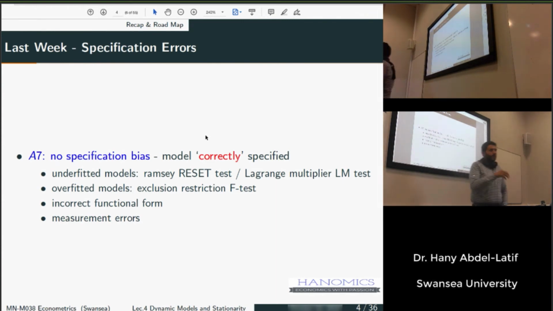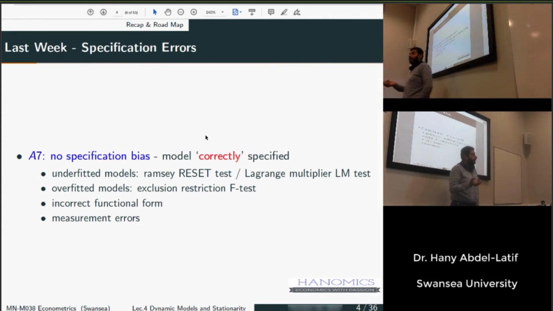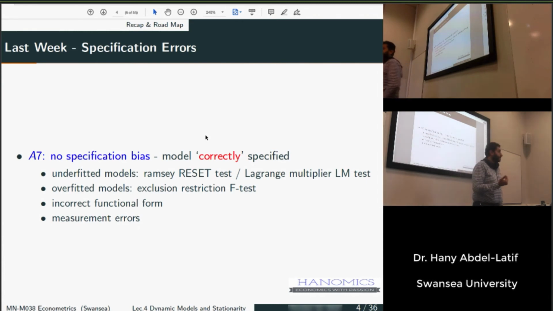Do you remember when we gave the example about family income, and we said family income depends on husband's education, wife's education, and the number of kids less than 6 years old? Then for some reason we drop 2 of the variables and just run a regression of family income on husband's education, and we showed that the coefficients are different, and that you overestimate the effect of the husband's education on family income